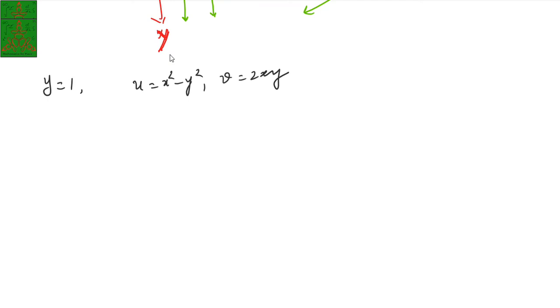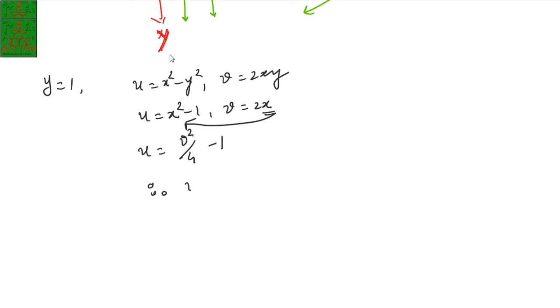Substituting y equal to 1 here, you will have u equal to x square minus 1, v equal to 2x. By eliminating x, we have u equal to v square by 4 minus 1. By putting the value of x here, we'll have this. So now this will be v square equal to 4u plus 4. So that's why 4 is common out, u minus of minus 1. Now v square is equal to 4,